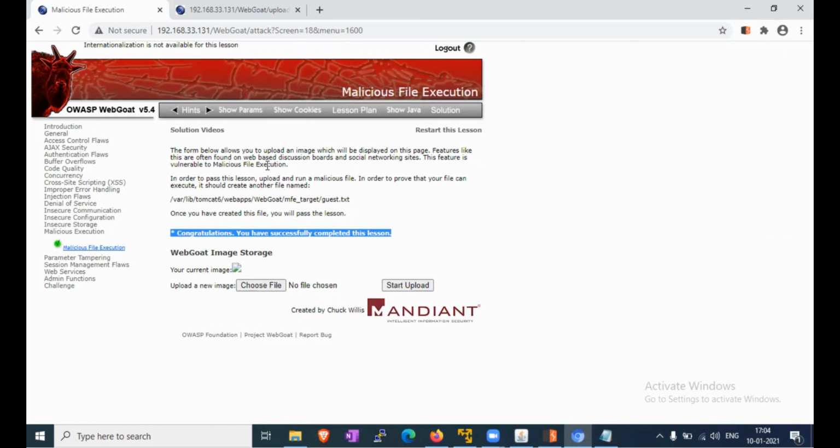Many proxy devices are deployed before the web servers. They are continuously monitoring and restricting this type of malicious payload file. Okay, so this is all about the upload of malicious file polyglots. We have done this lab in WebGoat.